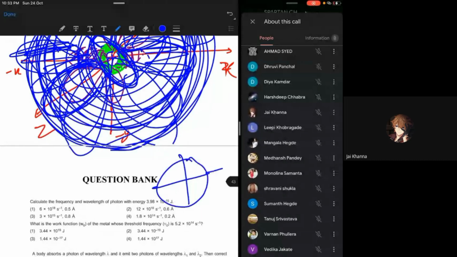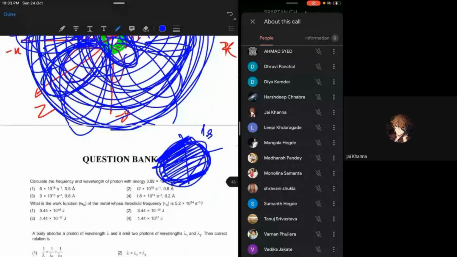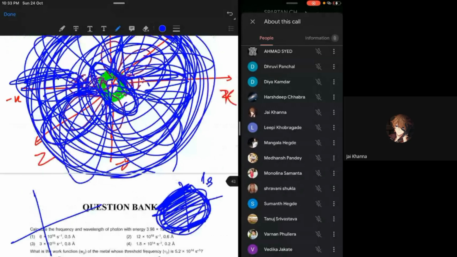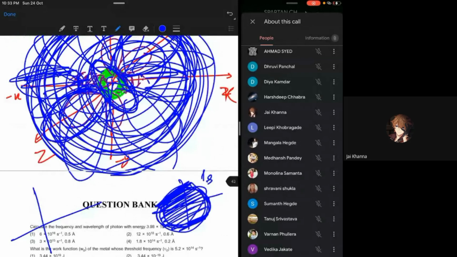What did Schrodinger say? No, you're wrong. Electron can be anywhere here. So he said this will be the 1s orbital. Now in periodic table, you will take orbital for granted. See, in periodic table, what will we study? We will study orbit penetration. Right? Ved asked me that question that day. What is orbit penetration? Then we will talk about how close an orbit is to the nucleus. Because it is close to the nucleus, it will shield the outer orbits.